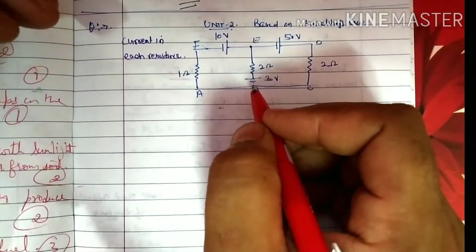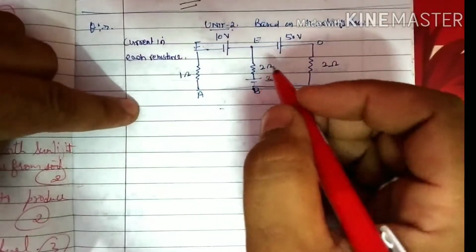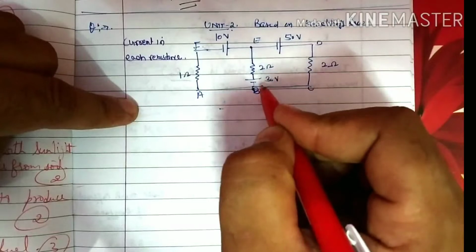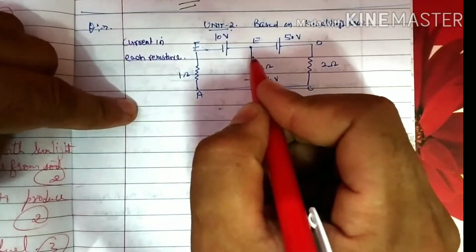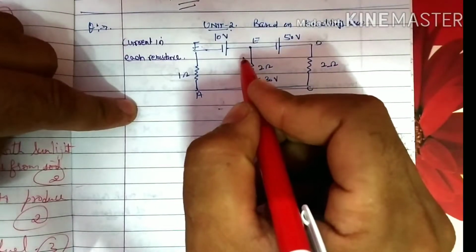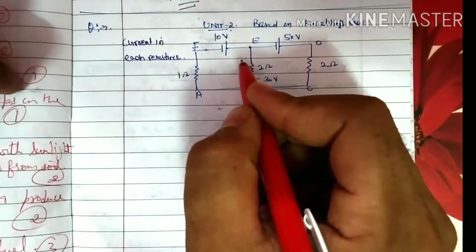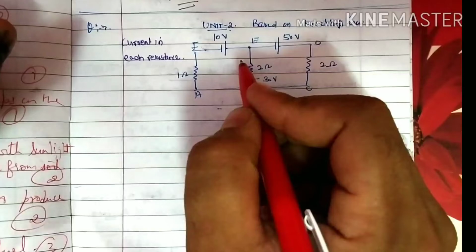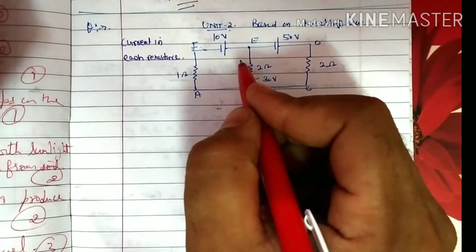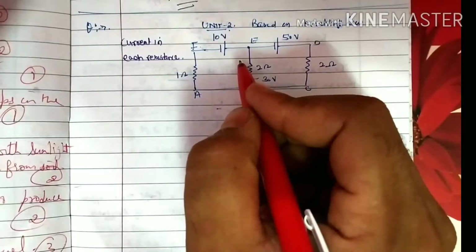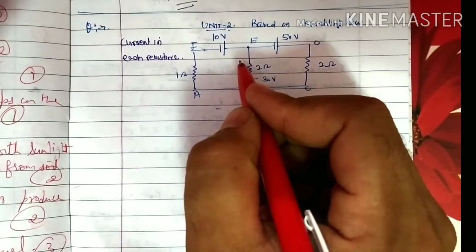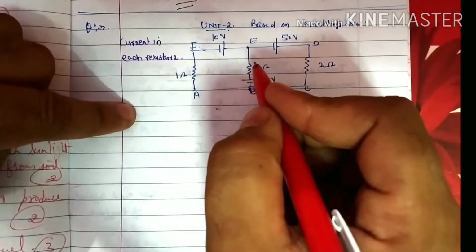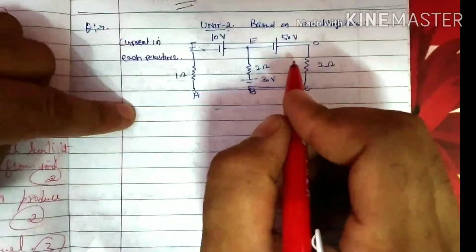So how to give the direction, that you understand. So here I have 50 volt, here 30 volt and 10 volt. You can start the direction of the current from any one of the cells. When we get the result in the last, then I will explain what should be the direction of the current when we calculate the values of the current.